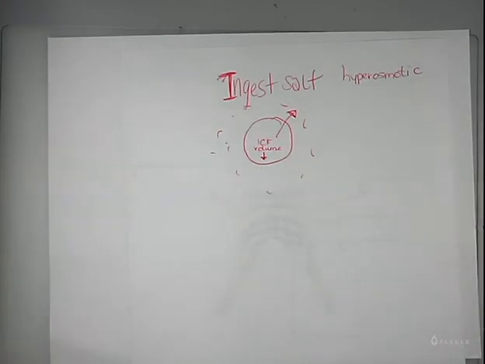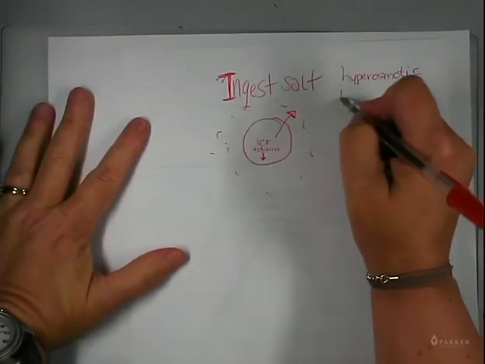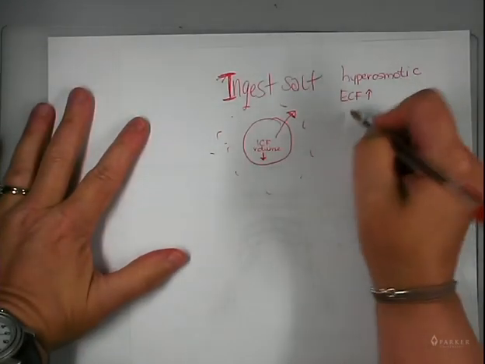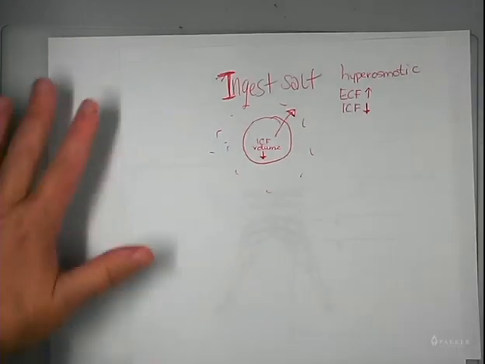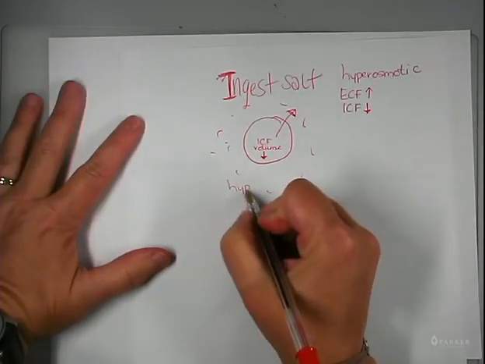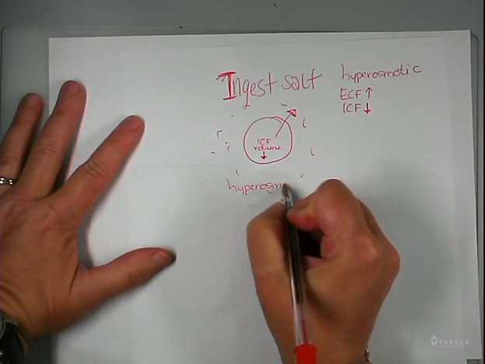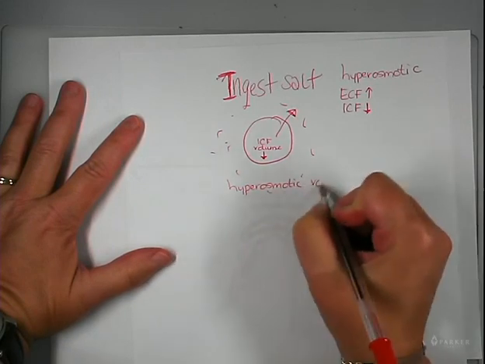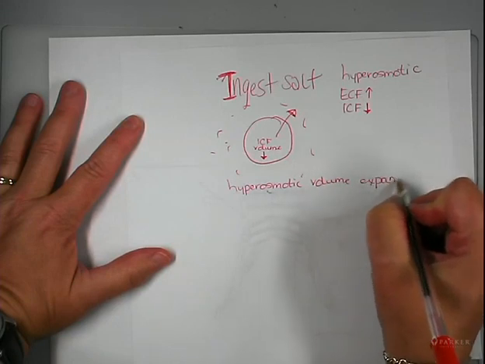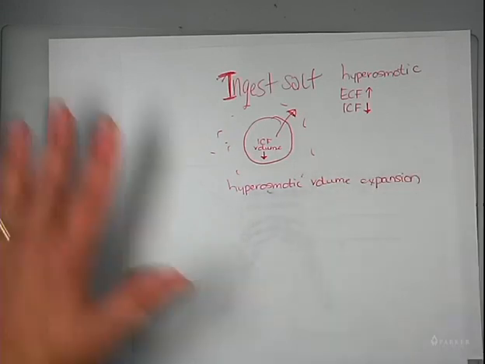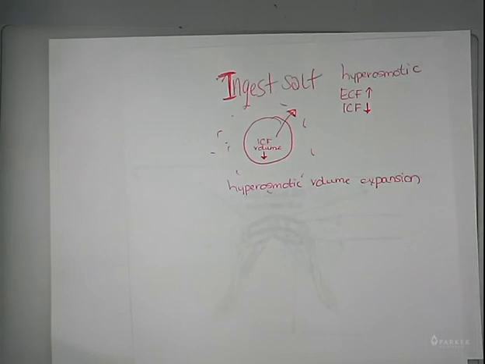What's going to happen to the ECF volume? It's going to increase because it's getting it from the ICF. So ECF volume increases, ICF decreases. What are we going to call this one? We're going to call this hyperosmotic volume expansion. And the way to remember this is I say, what's the effect of people consuming a lot of salt